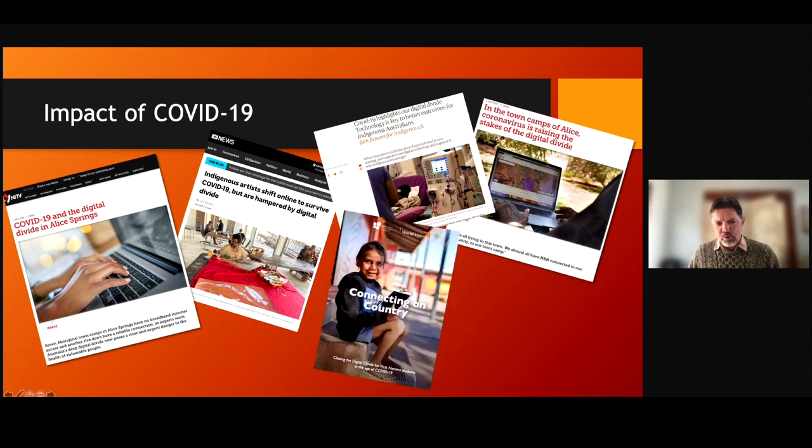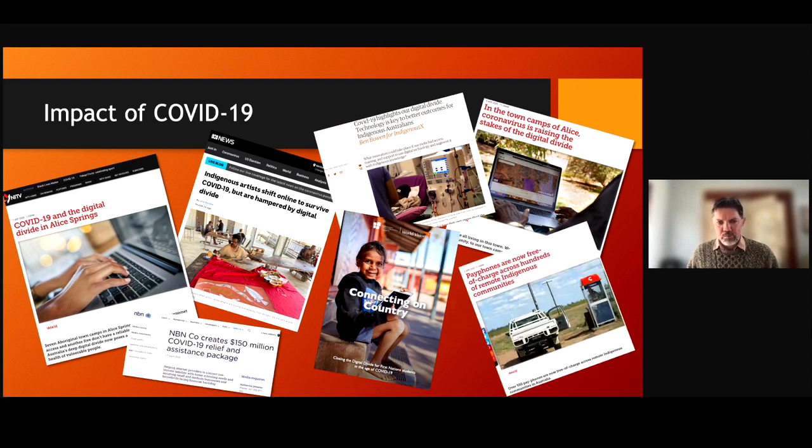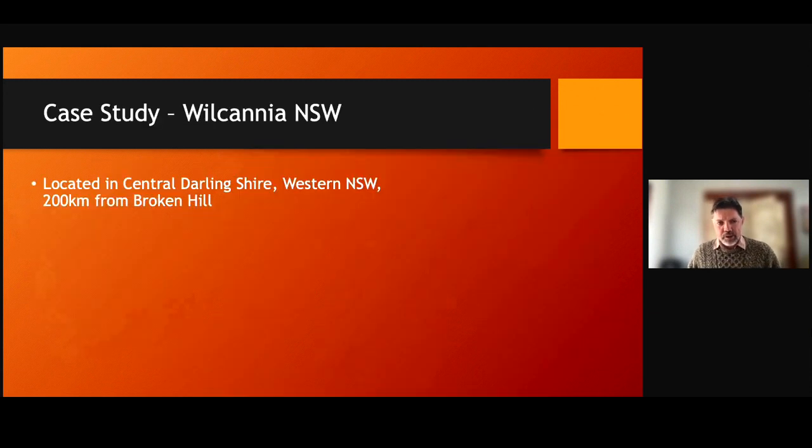There was a report by World Vision. There have been some efforts by NBN Co and Telstra to make services affordable, and NBN have set up Wi-Fi services in about 50 communities across the country to enable that. But right now we've got